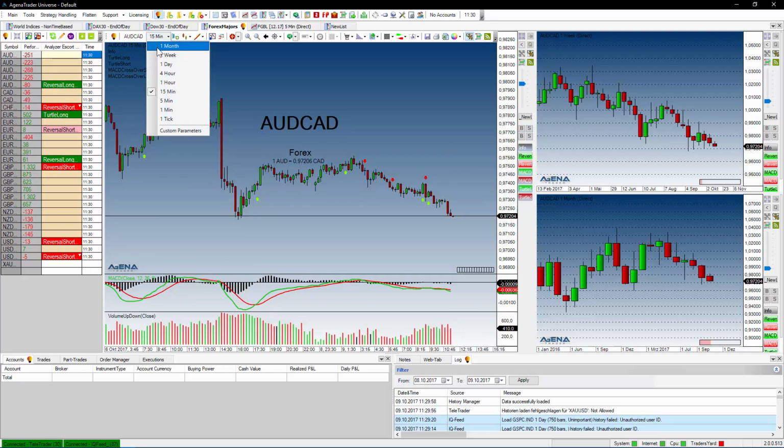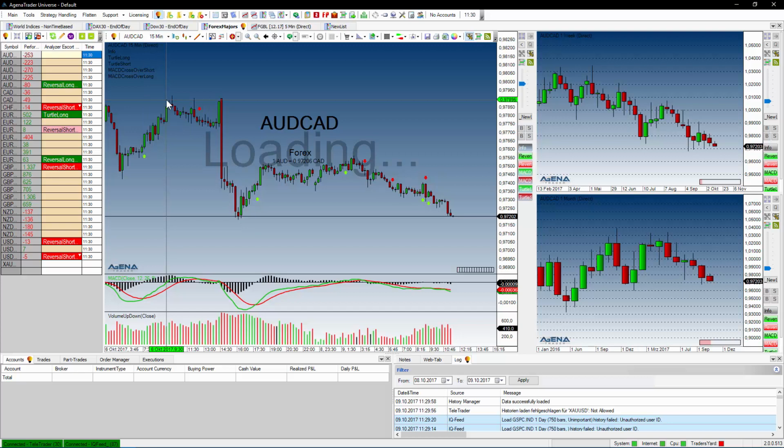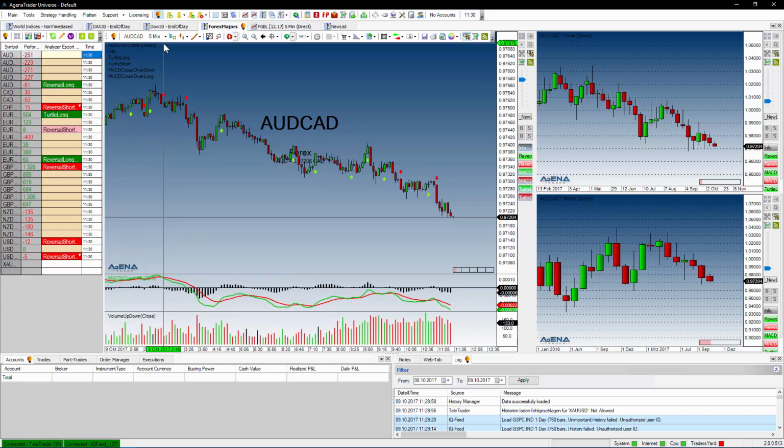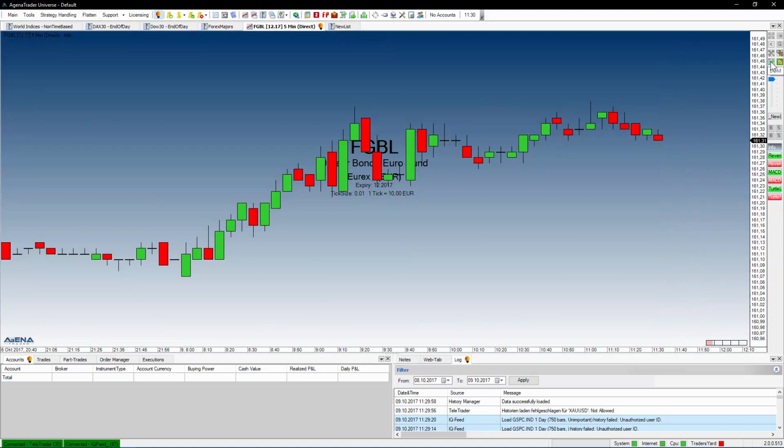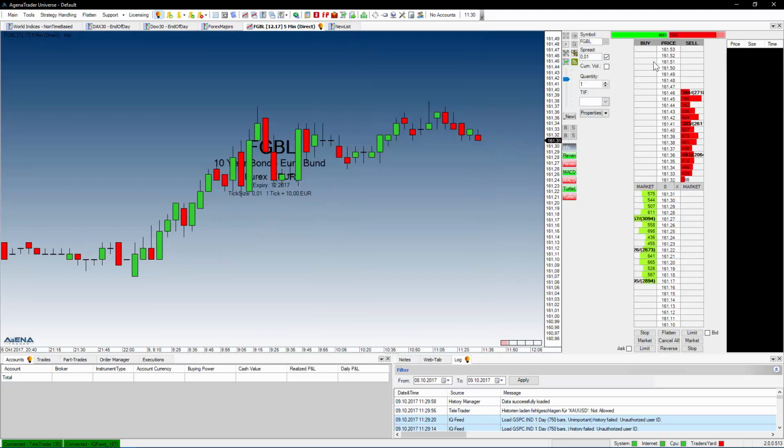At the chart toolbar, I can now switch through the time frames and the chart automatically will change to the specific time frame. Same for the futures contract. There is no delayed data sign here anymore because AgenaTrader account I have subscribed for real-time data, and that's why I'm getting it. If I open the DOM of the action bar, I also see that I'm receiving market depth.